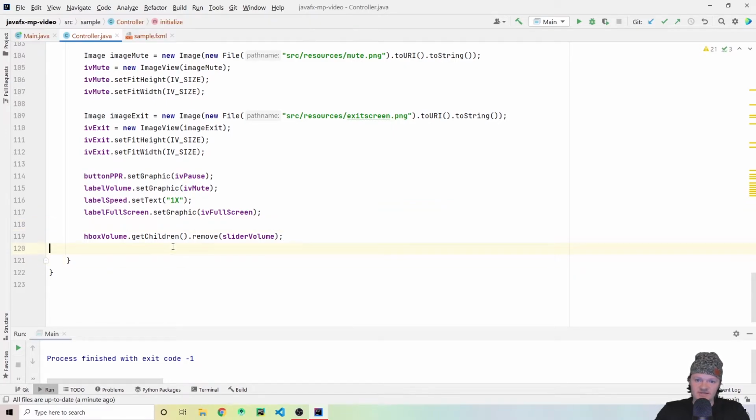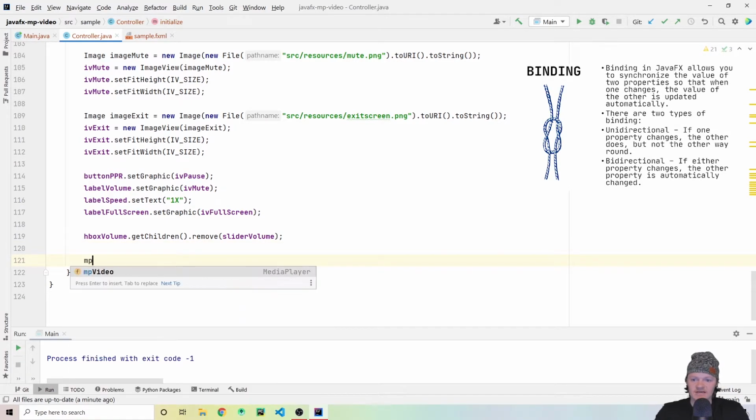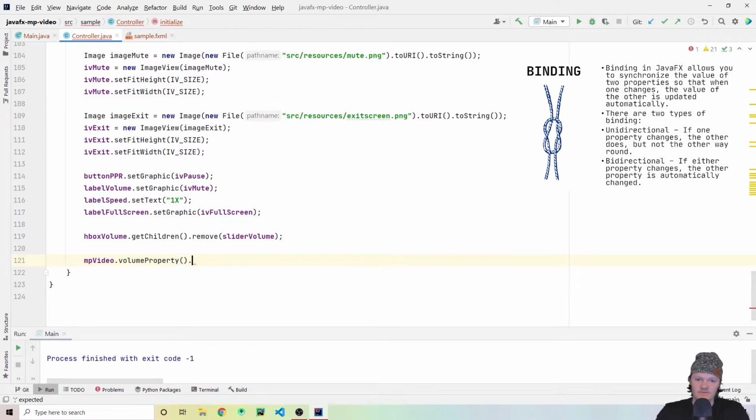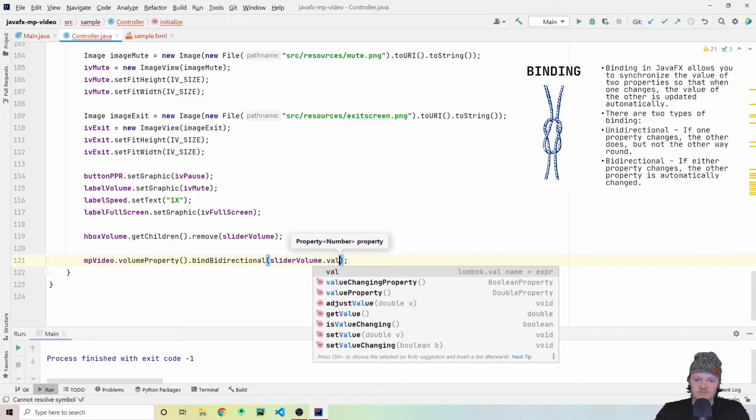And now we're going to sync the volume property of our video player to the value of our slider. We'll be using bidirectional binding, which makes it so that if either property changes, the other property is automatically changed as well. So if the slider value changes, the volume does, and also vice versa. The way we're going to do that is we're going to tag on to the volume property of our media player, and then we do the bindBidirectional method, and we bind that to the slider's